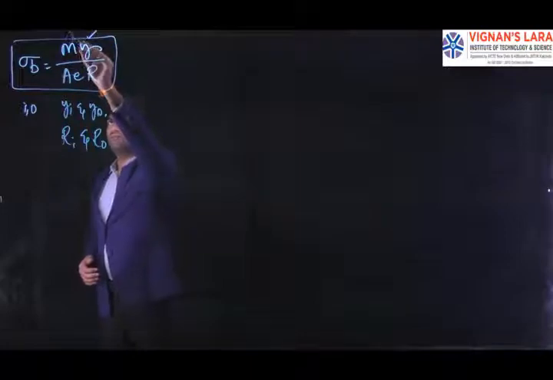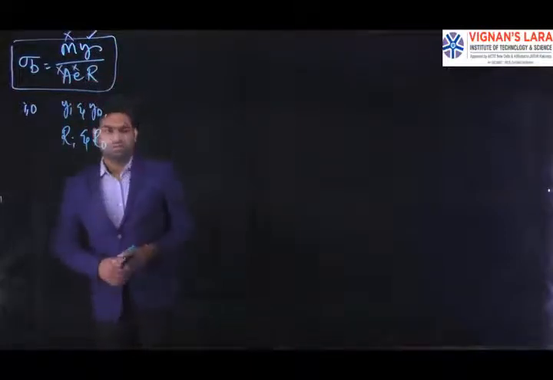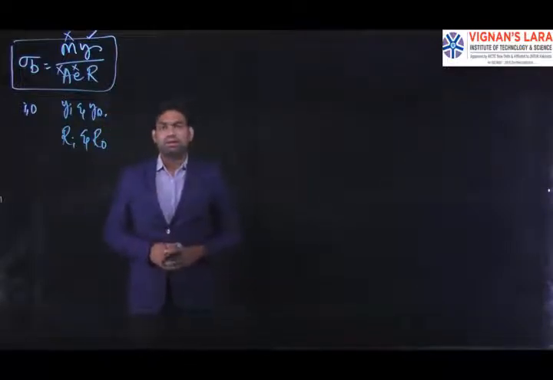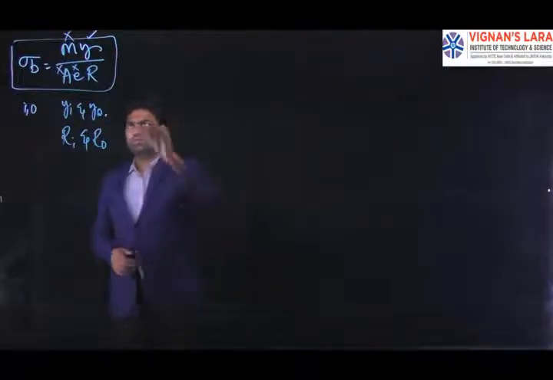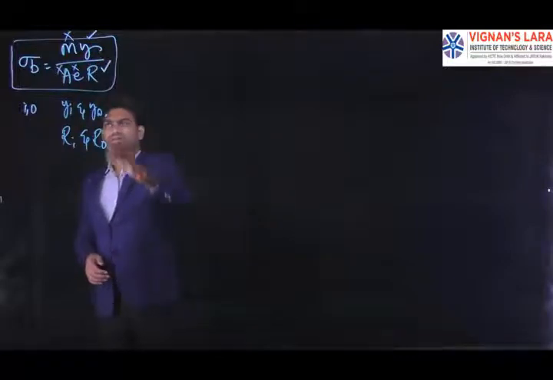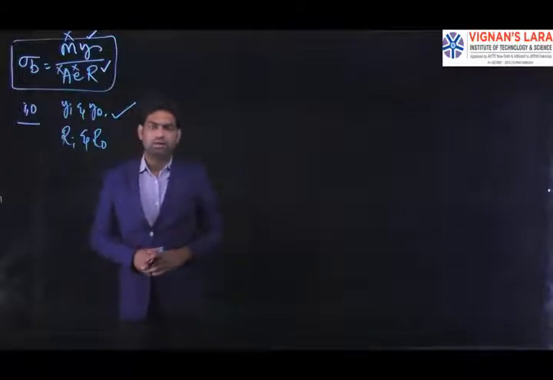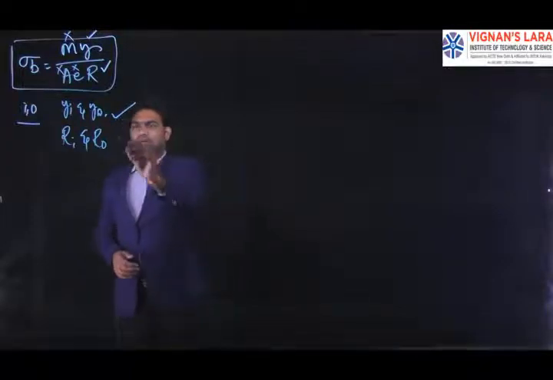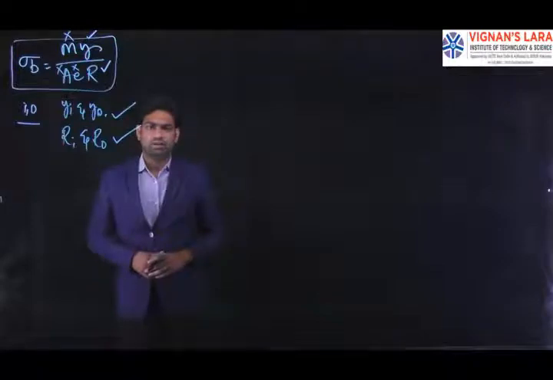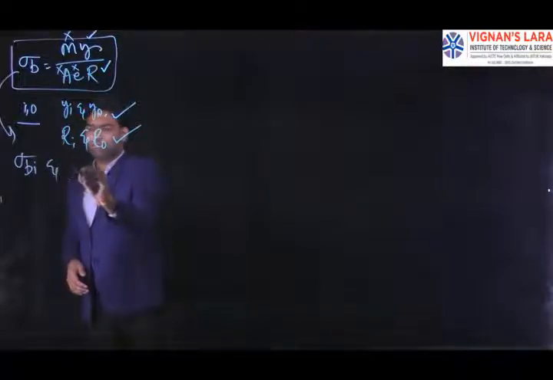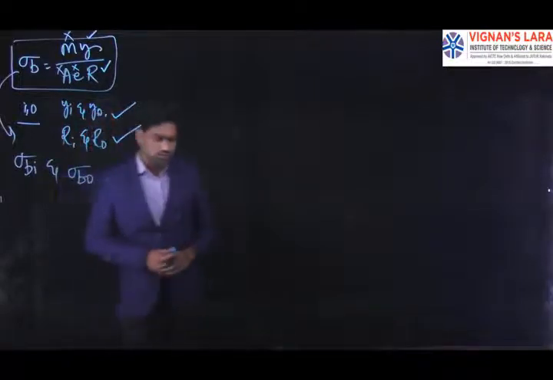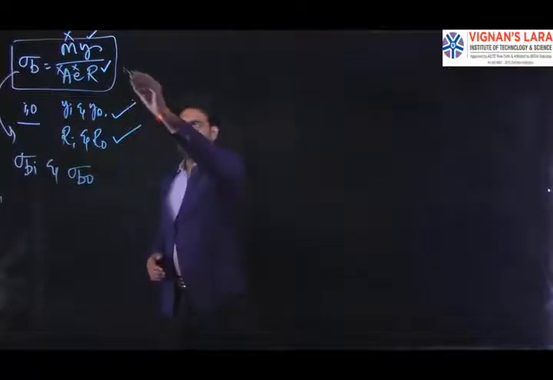The moment acting will be the same, and the area of cross section is the same, and small e, that is the offset distance between the centroidal axis and neutral axis, is also the same. So only two things vary based upon the inner and outer fiber: the distance from the neutral axis to the inner and outer fibers, yi and yo, and the radii of curvature to the inner and outer fibers, ri and ro, so that we get the corresponding bending stresses sigma bi and sigma bo. That is what we saw in the earlier case, the Winkler-Bach theory.